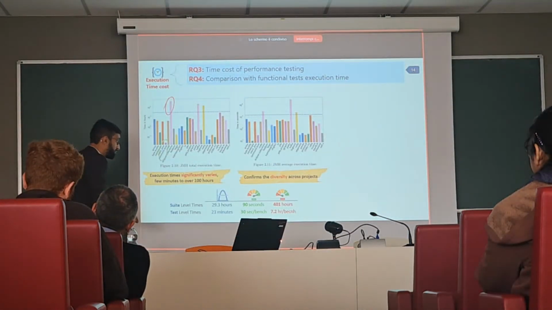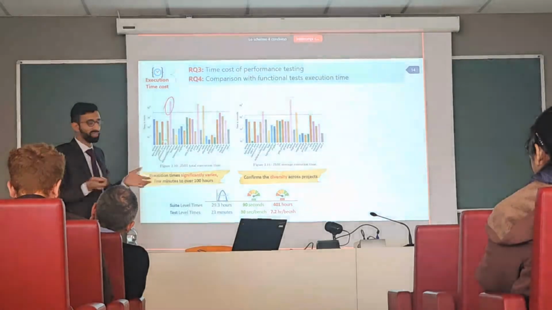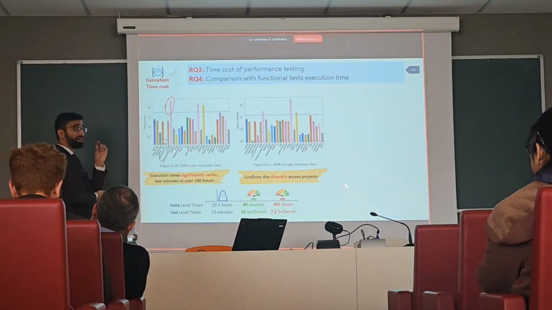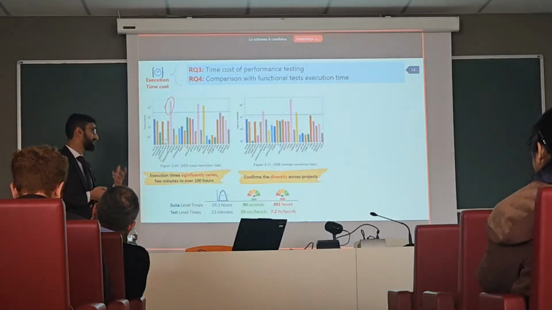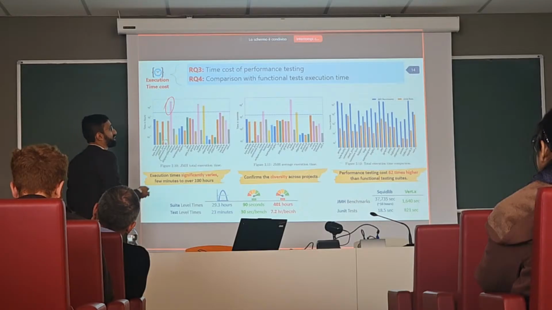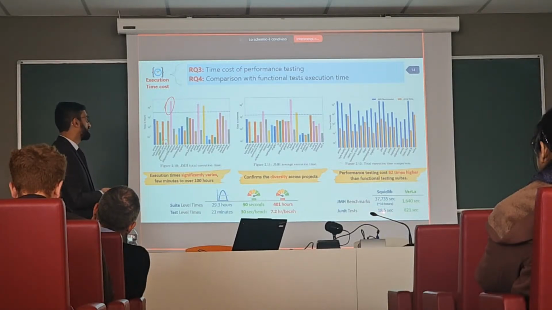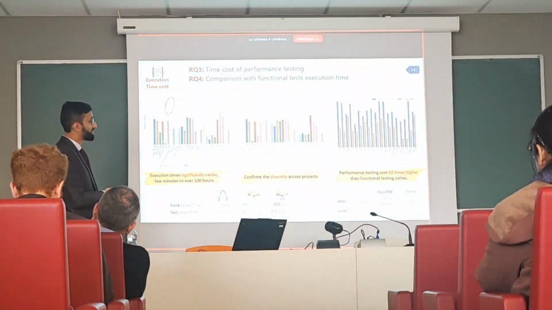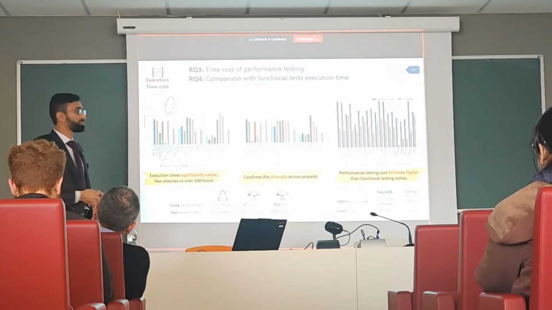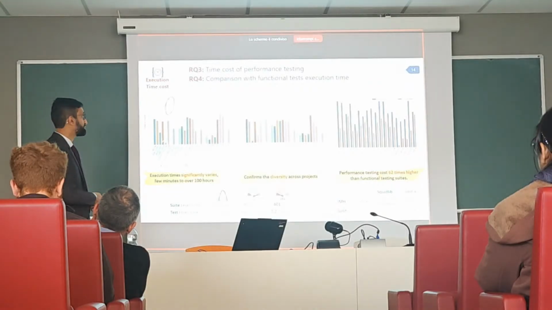And if you just look at the performance test, we see the fastest one is taking almost 90 seconds, and the slowest one is 401 hours. Similarly, if we look at per single performance test level, we see one test executed in 30 seconds, and at maximum it took 7.2 hours. And now when we compare it with the functional testing, we see that the JUnit tests took from almost 18 seconds to 821 seconds, whereas for JMH benchmarks it was from 37 seconds to almost 1600 seconds. So we see again they are more expensive to execute than the functional tests.